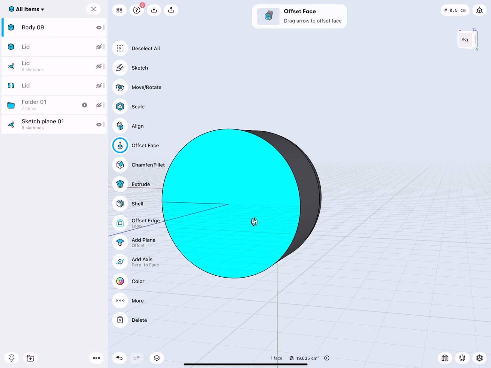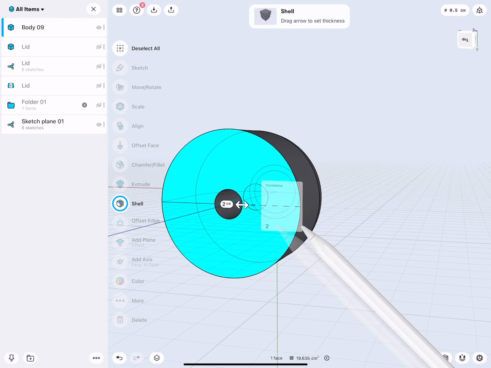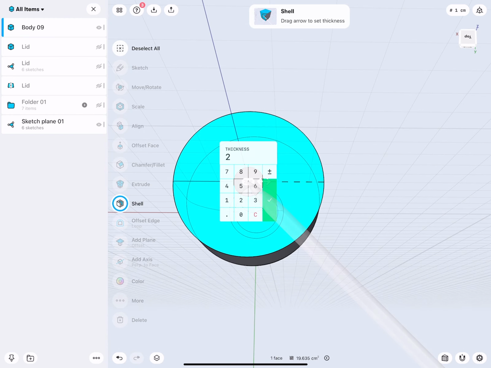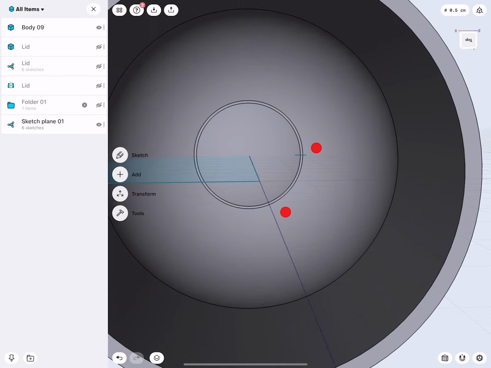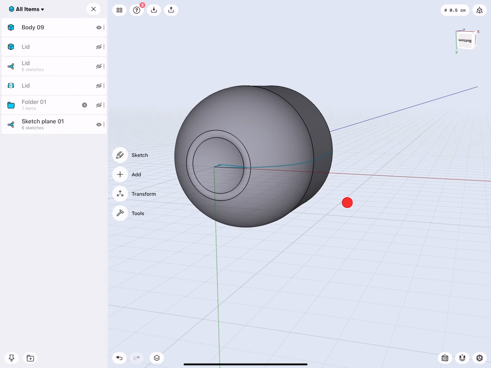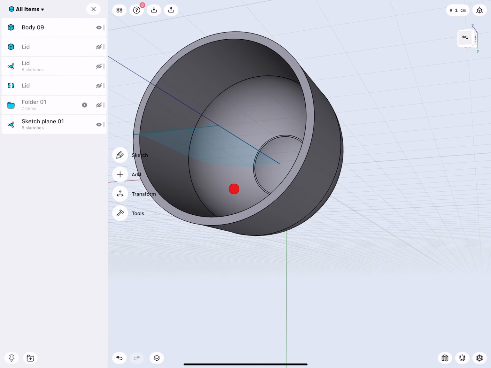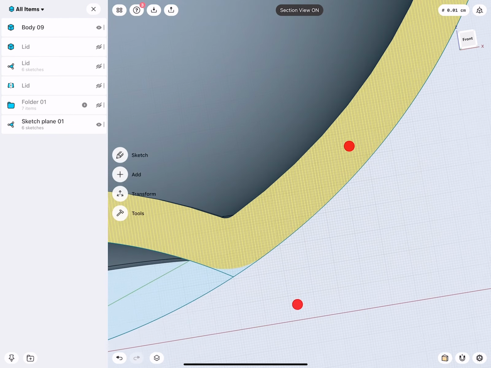Then we can select this face, and here we carve it out 2 millimeters. There we are. We end up with a nice small fillet on the inside. This is the reason why I filleted before I shelled, because it then creates the fillet correctly on the inside for me. There you see that.